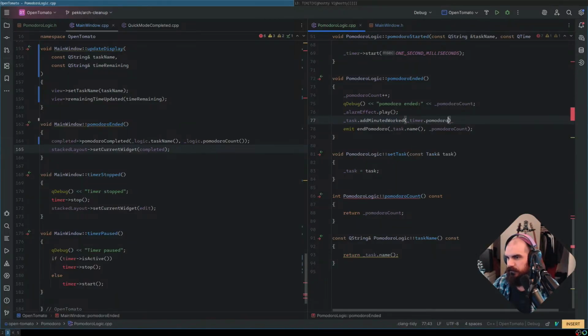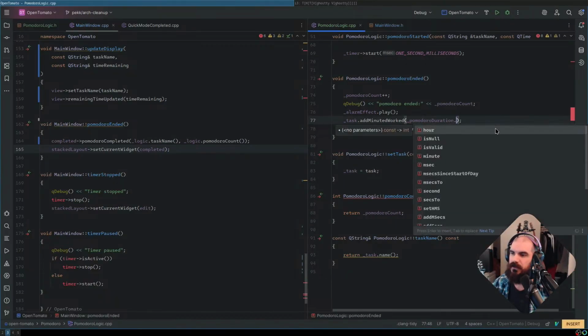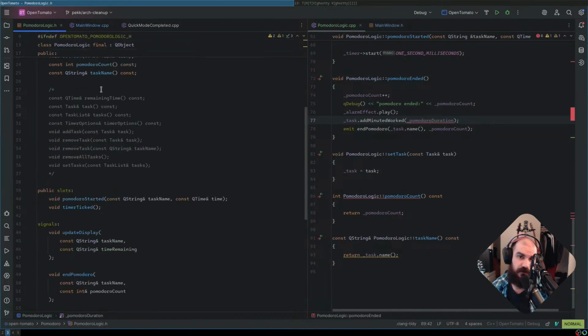Pomodoro. Cannot convert queue time. Oh, dot. Oh, that's a good point. Hold on. So this is not.